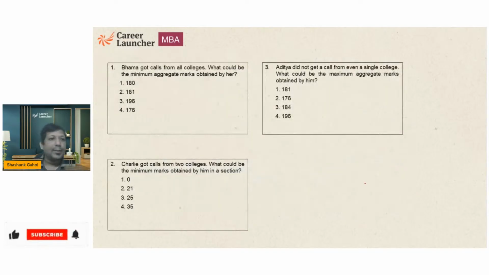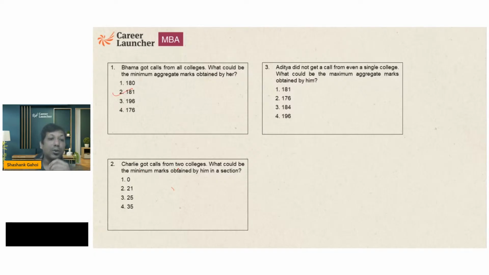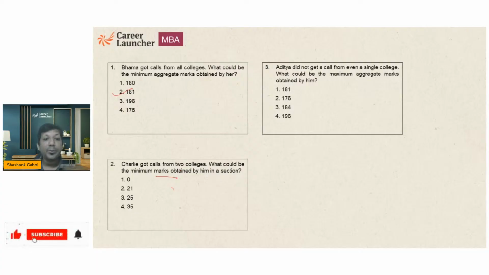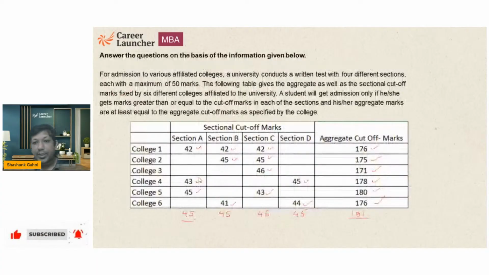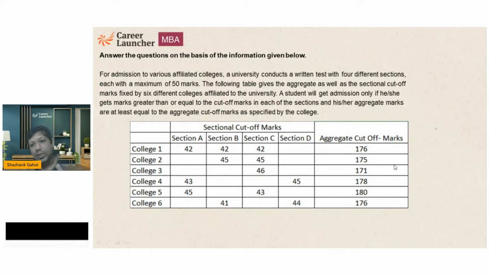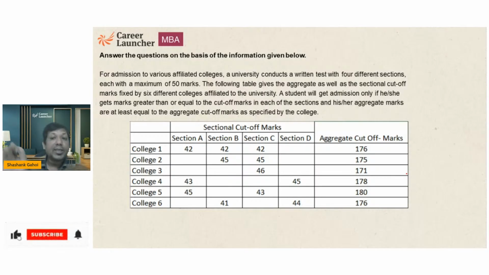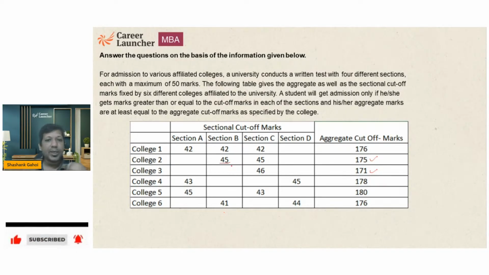ठीक। Now if I am going to look for the second question, Charlie got calls from two colleges. What could be the minimum marks obtained by him in a section? ठीक है। चार्ली की जो कॉल आ रही है वो दो ही कॉलेज से आ रही है, तो उसको मिनिमम कितना स्कोर चाहिए? ठीक। So in this particular question, I am going to pick up the colleges with the two lowest aggregate cutoff. So दो lowest aggregate cutoff कौन से हैं? 171, 175।